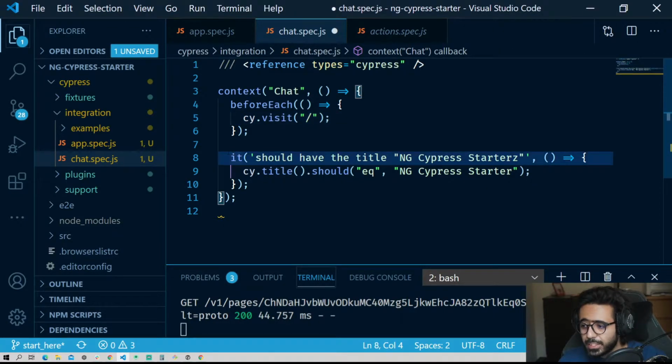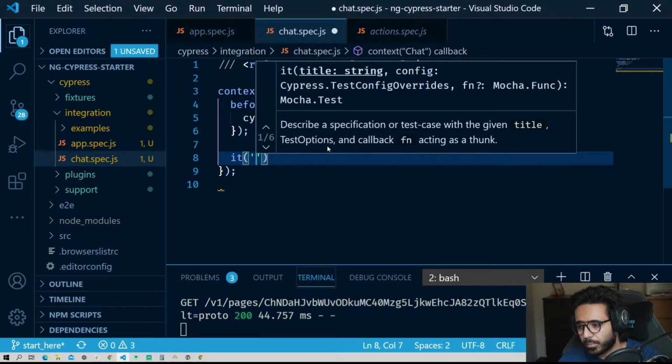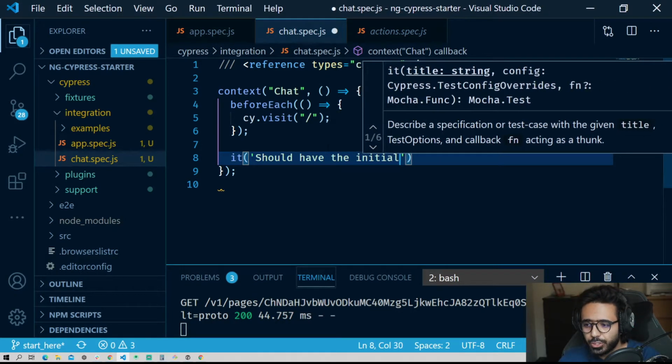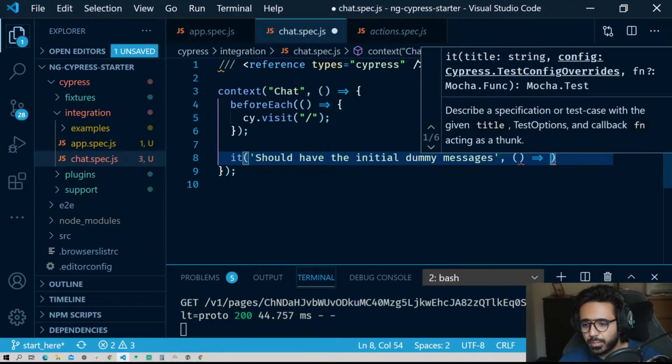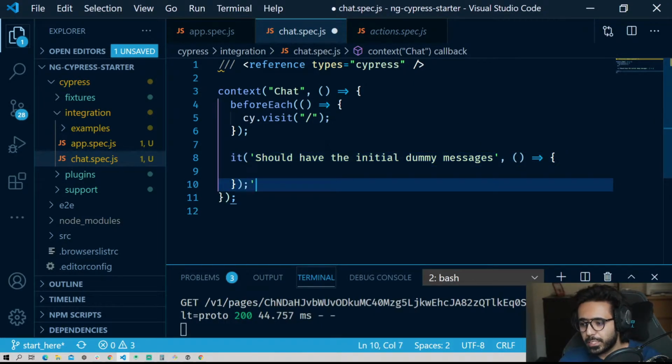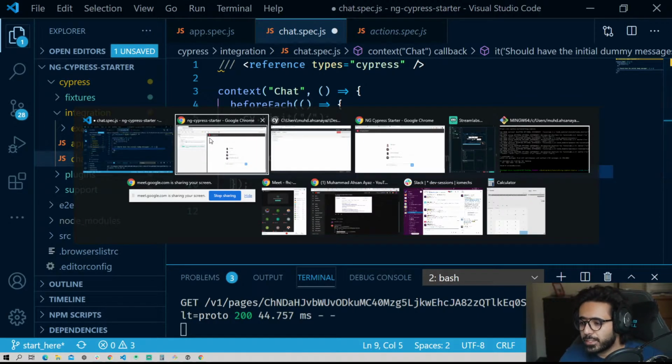Now, inside of this test, what I want to check is whether we have messages or not. So in order to do so, I can say it should have the initial dummy messages. And the second argument is, as I mentioned, the callback function, which basically defines our test or the logic within the test. And then what I need to do is check if we have the list available or not. So I can first try to see what is the